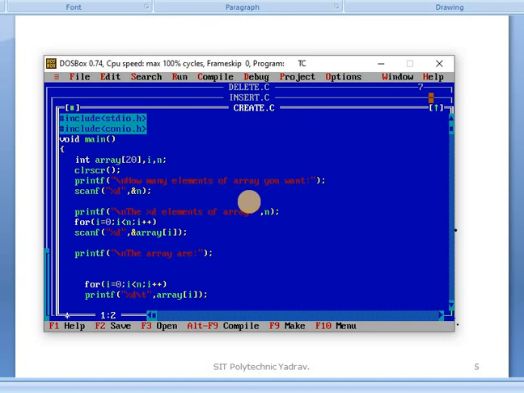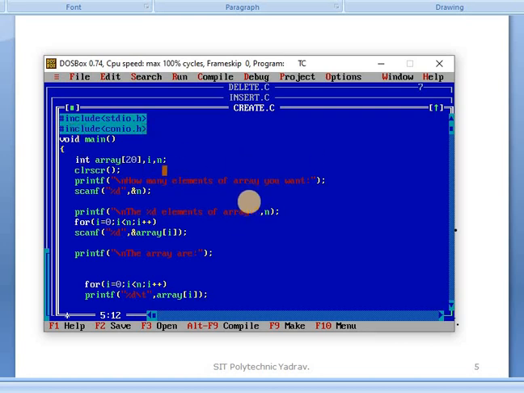You already know these two lines: include stdio.h and conio.h, the two header files. Void main is your main function. In it we declare int array of 20, and i and n, which are variables. Array of 20 means a maximum of 20 elements can be added in the array, of integer type because we declare it as integer.